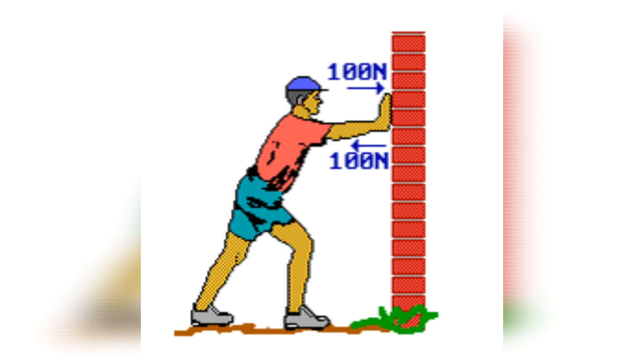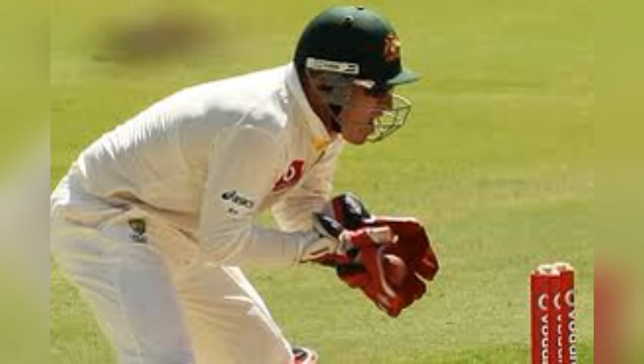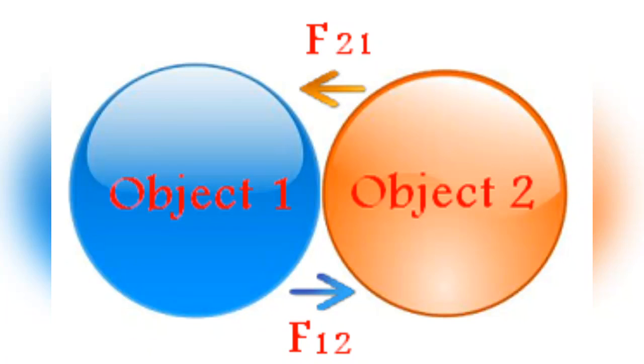It is very common that when you exert a force of action on a wall by pushing the palm of your hand against it, you experience a force of reaction exerted by the wall on your palm. In the same way, while catching a ball, the ball exerts a force of action on the palm of the cricketer, and the cricketer exerts an equal force of reaction on the ball to stop it. All these examples give clear evidence of Newton's third law of motion.